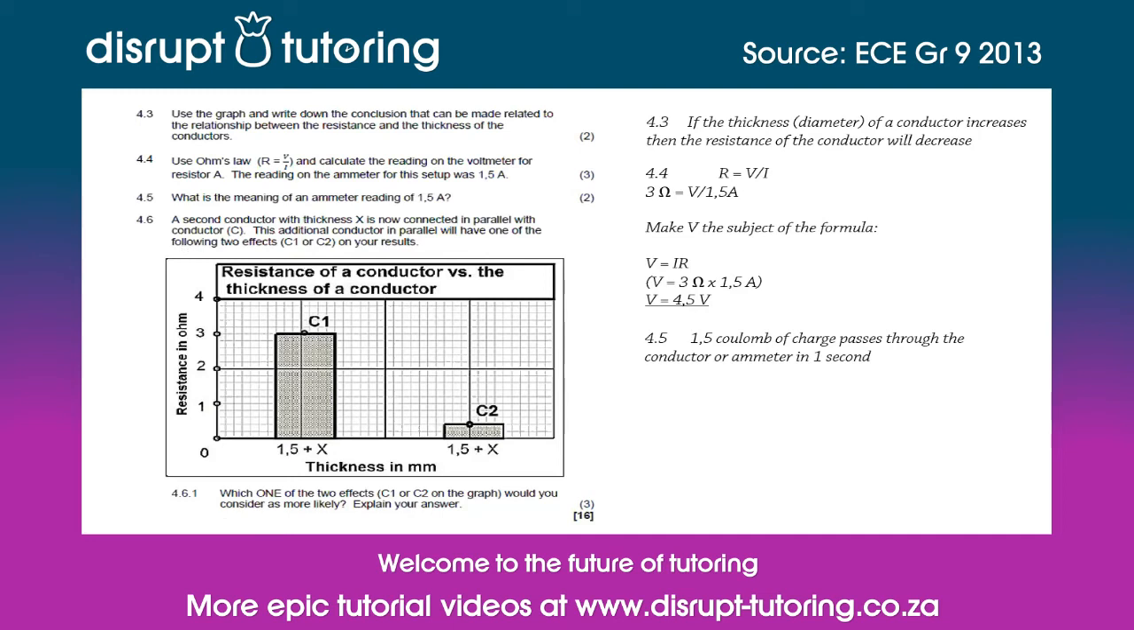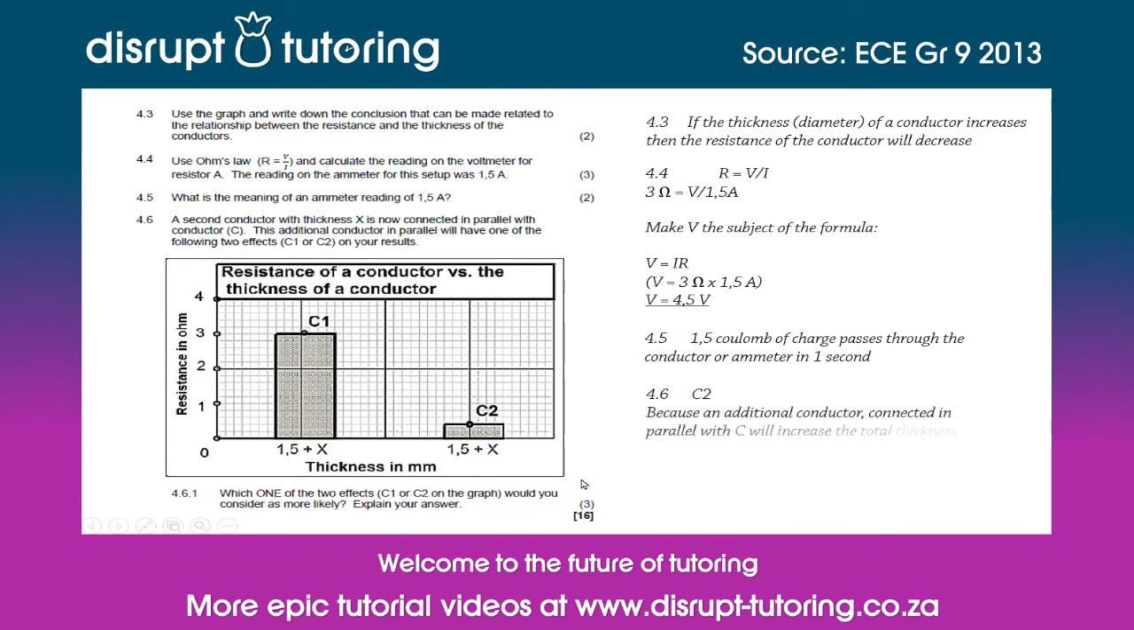A second conductor with thickness X is now connected in parallel with conductor C. This additional conductor in parallel will have one of the following two effects, C1 or C2, on your results. This is C1 and that's C2. Which one of the two effects, C1 or C2, would you consider more likely? Explain your answer. We say that C2 is a more likely